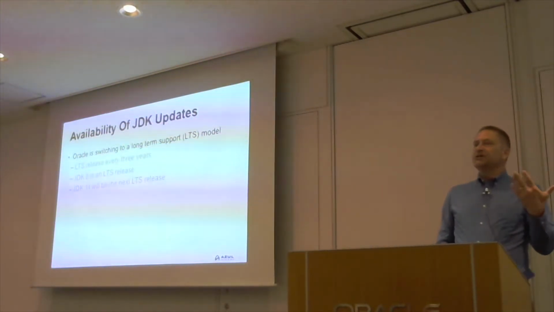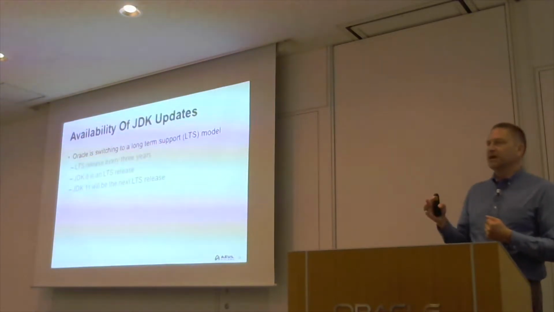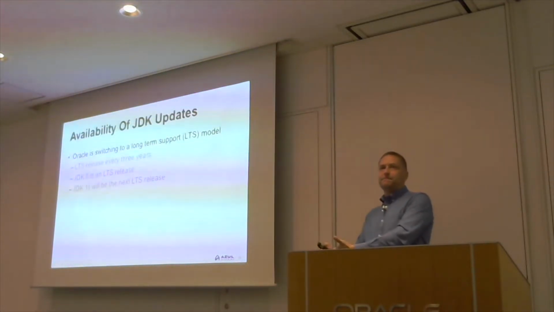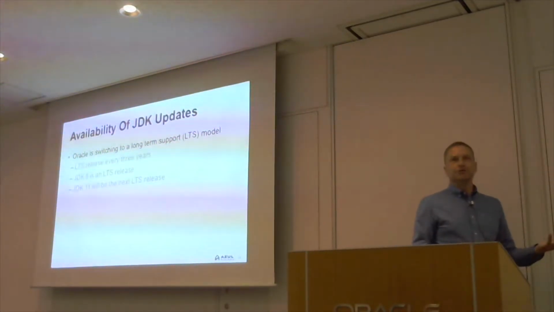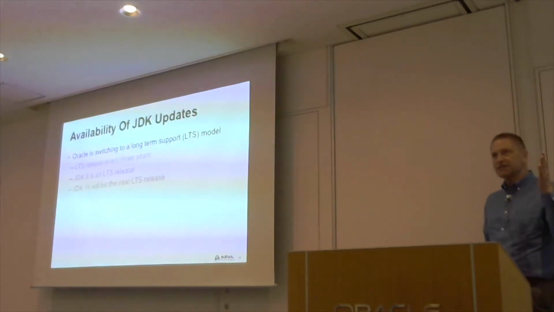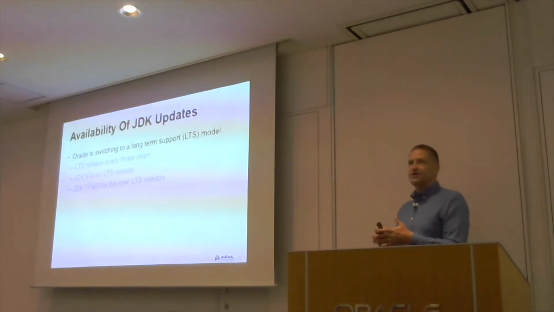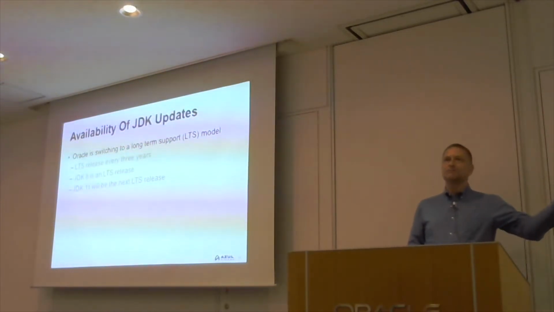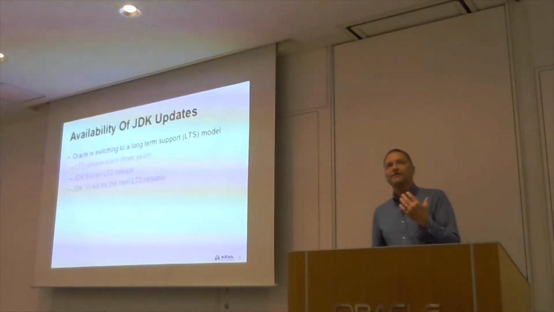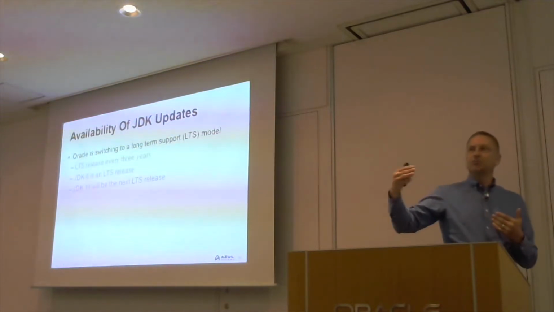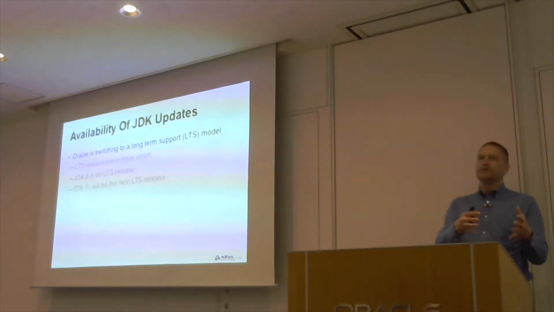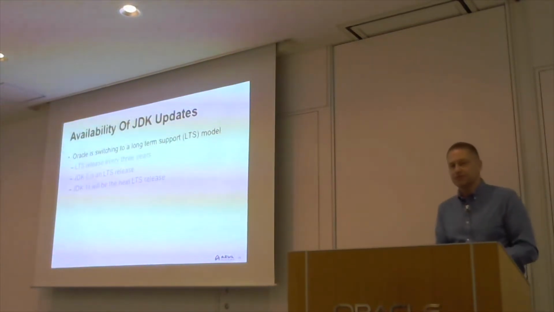Oracle, when they announced the idea of a faster release cadence, also said that they were going to adopt the idea of a long-term support strategy. This is the same idea that people like Ubuntu use. Rather than every release having support for a long time, you say, let's pick one every, in this case, 3 years, and make that a long-term support release. People can use the intermediate ones and get the new features, but if they're more interested in having longer support for commercial applications, for enterprise applications, then they can use the LTS release.